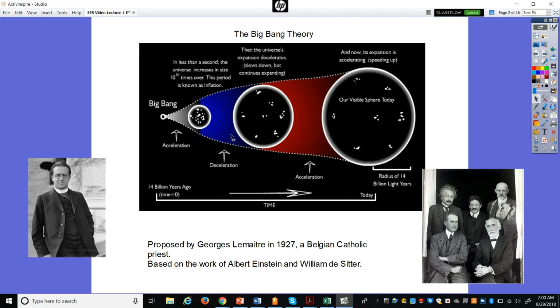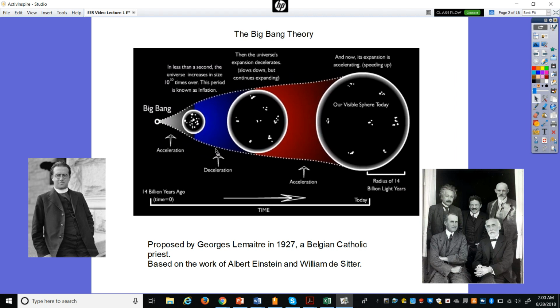This was chaotic, but there was a period of time when it slowed down a little bit, and then it started to speed back up. We're still expanding. As you can see, it gets bigger and bigger, and these galaxies are moving further and further away from each other as time goes. And knowing the rate of expansion and measurements that have been made over many years, we can extrapolate from that how old the universe is.